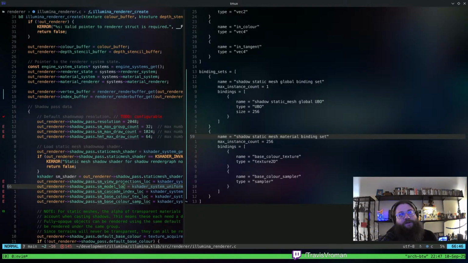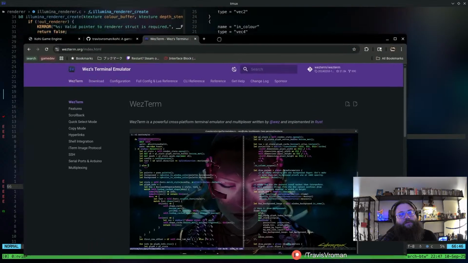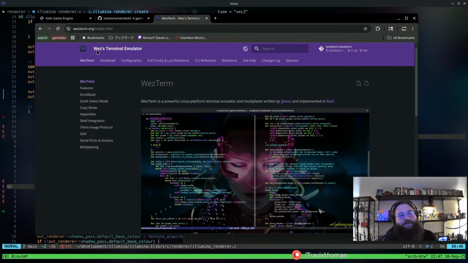Okay, so literally, WezTerm, Wez's terminal emulator. So it's not nobody that says it. It's literally called a terminal emulator.